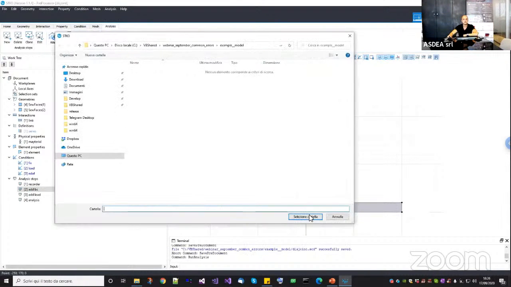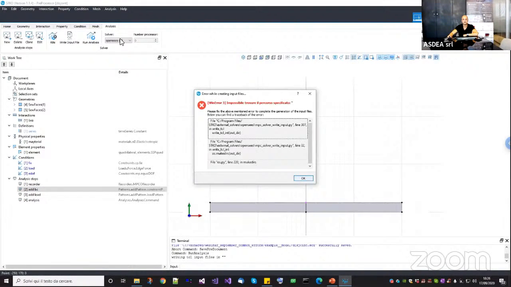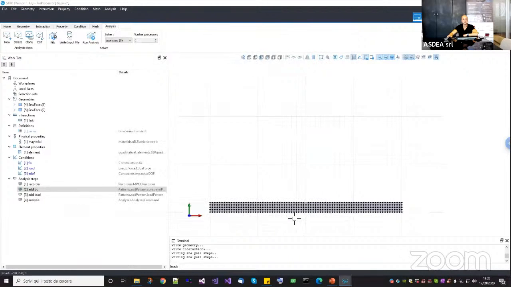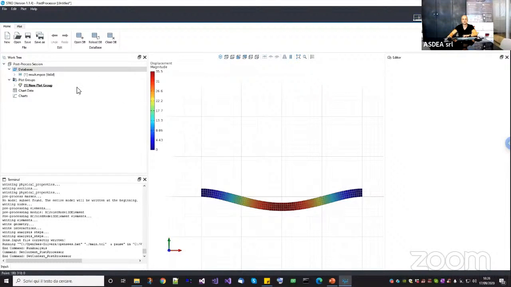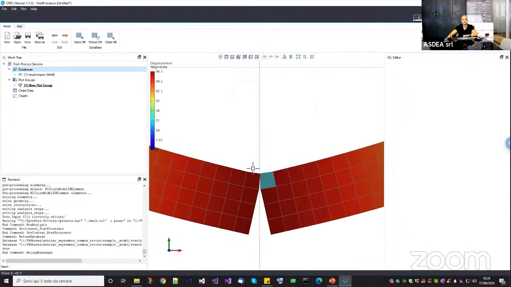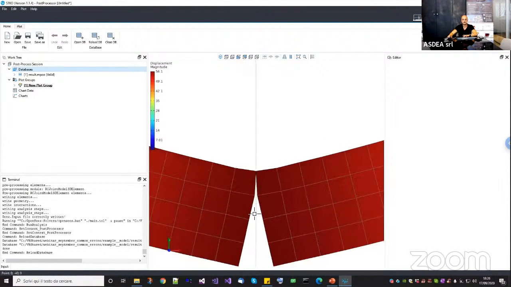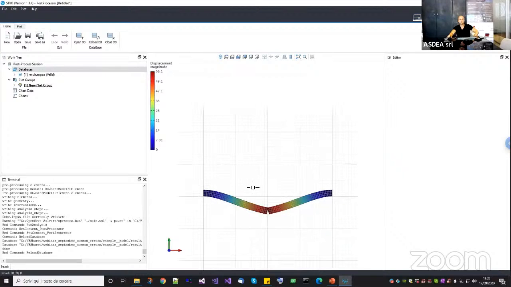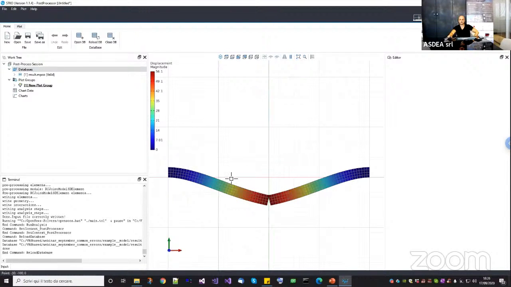I run the analysis. I need to remesh it, as I told you before. Don't forget to mesh, you just rebuild your mesh. And run the analysis. Okay, now I go back to the post-processor, I reload it. And what I obtain now is a mesh that is actually connected in this point and disconnected along the entire edge, okay? So basically, this one is the reason why you should take care about how you model,